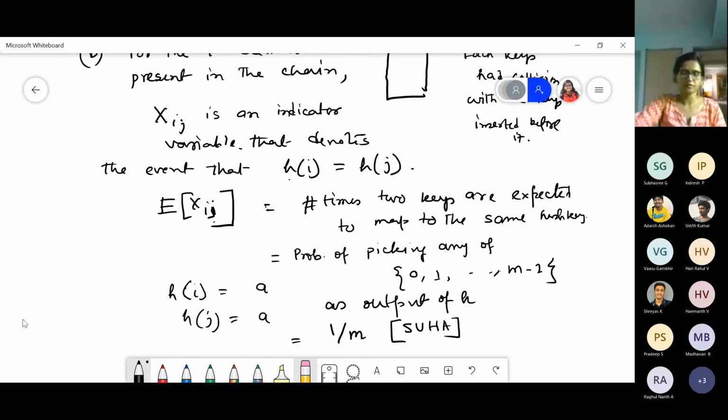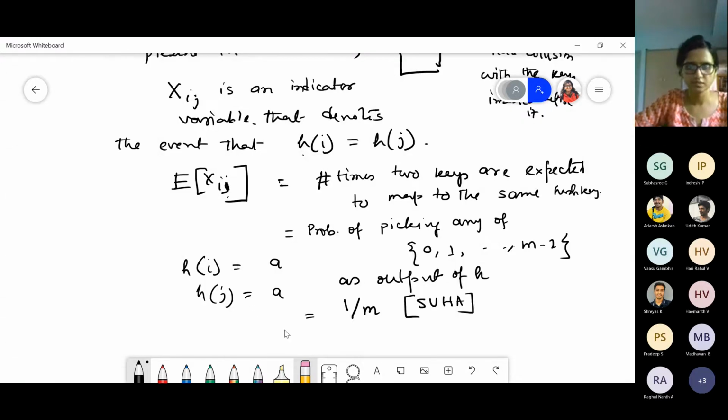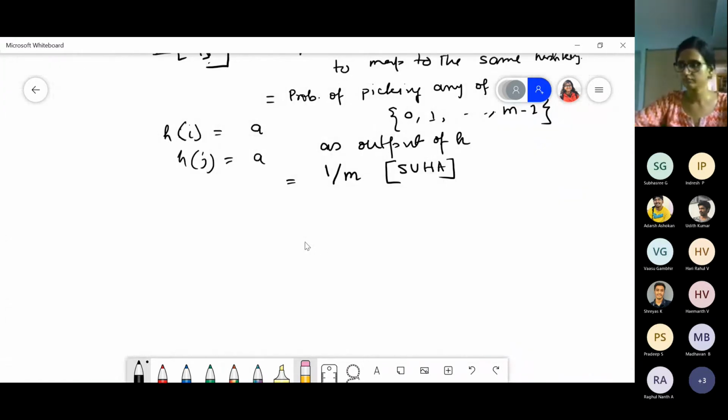Okay, so this is for one particular element that is present in the chain. Now we have to consider the average over all possible elements to get the average access time. So this is the ith element. So we pick up, for the ith element,